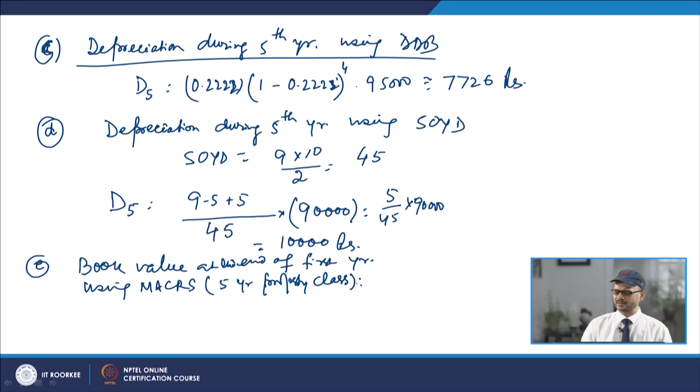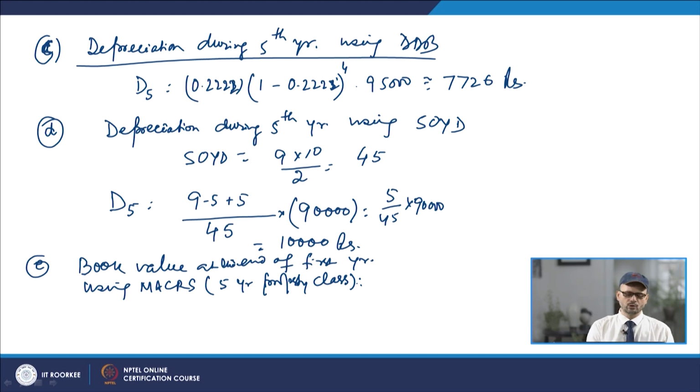So, we know that in the case of the MACRS, what we do is that we apply the double declining balance method, switching to straight line. So, in the first year anyway the switching is not going to come. So, if it is a 5-year property, then its rate of depreciation will be 0.2, and using the double declining balance method it will be 0.4. So, 40% will be the depreciation in the first year, but since it is a half year convention, so it will be the 20% of the